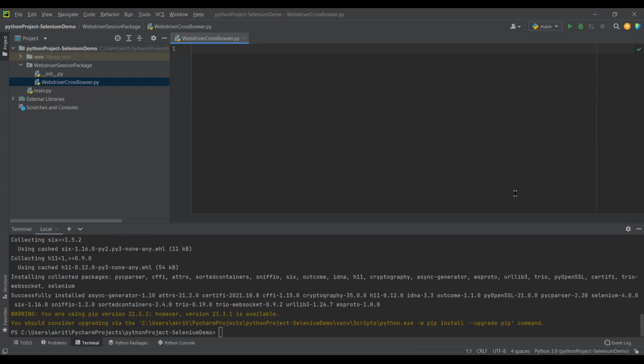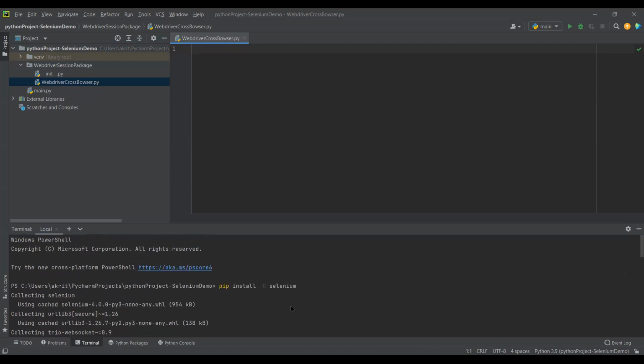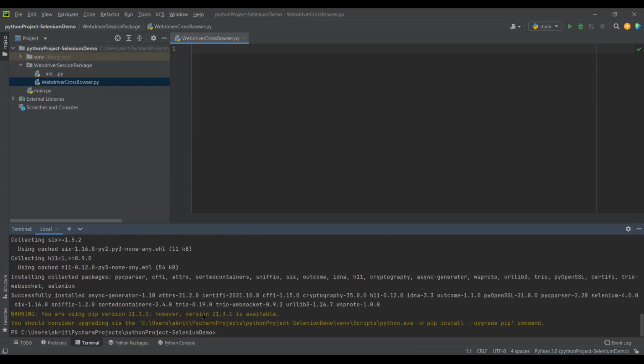So I have one question. Yep. So we have already completed the pip installation. After pip installation, all we have to do is go to the project.